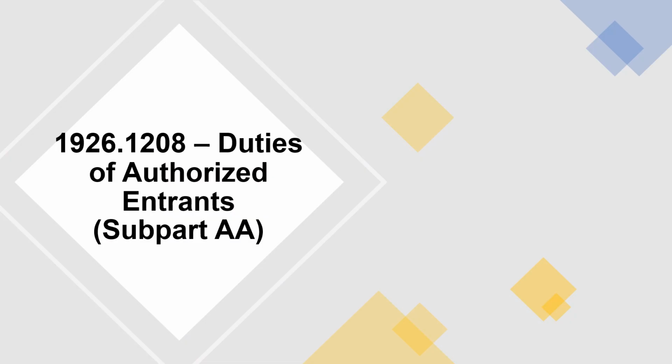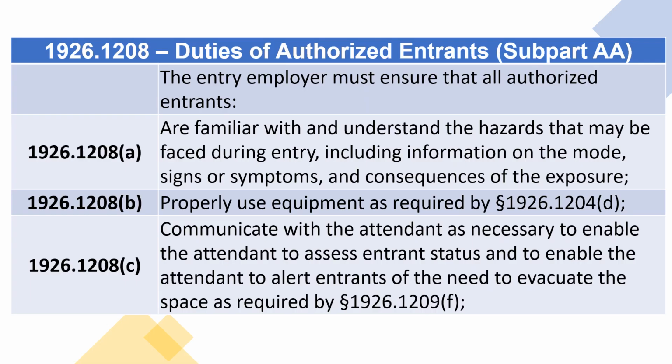1926.1208 Duties of authorized entrants. The entry employer must ensure that all authorized entrants: (a) are familiar with and understand the hazards that may be faced during entry, including information on the mode, signs or symptoms, and consequences of the exposure; (b) properly use equipment as required by Section 1926.1204;